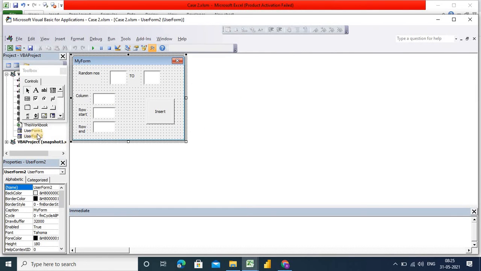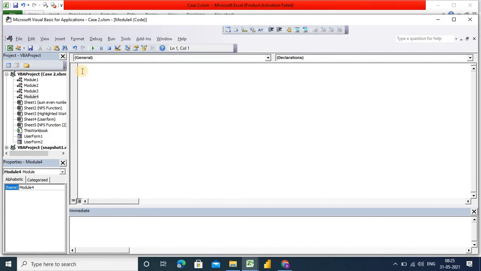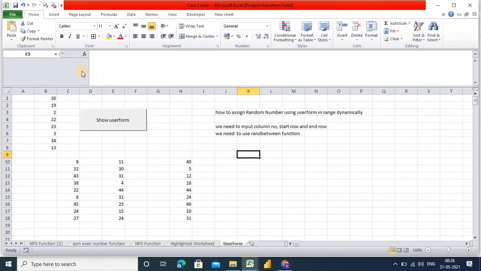So simply assign this user form into the module. Okay, now create the module here, sub my function. Now UserForm2.Show.